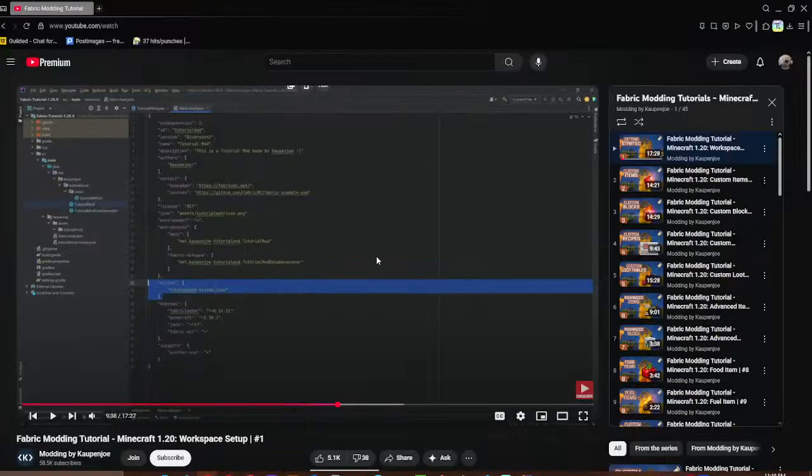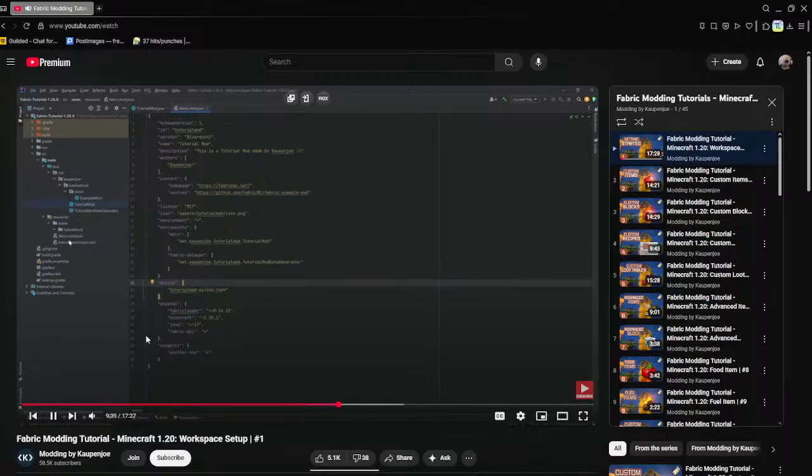Okay. Here we're referring to a mixed JSON file. This already exists, and we don't need to change anything. And then down here, we're also